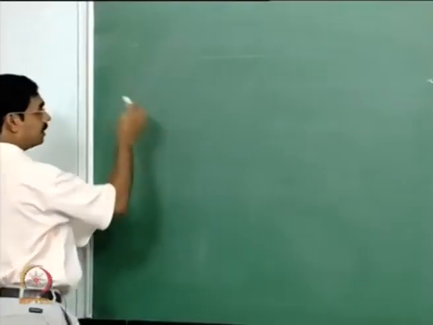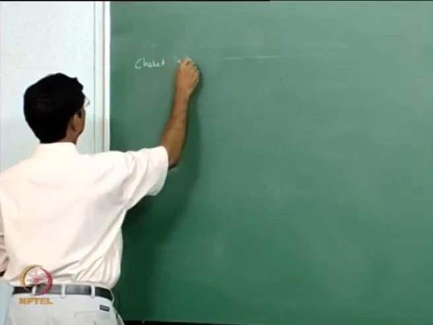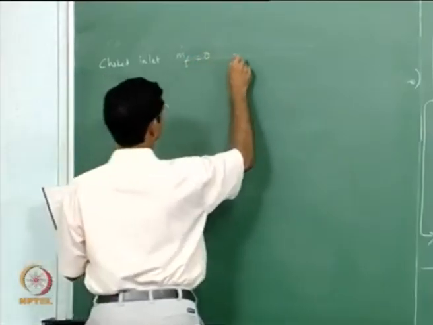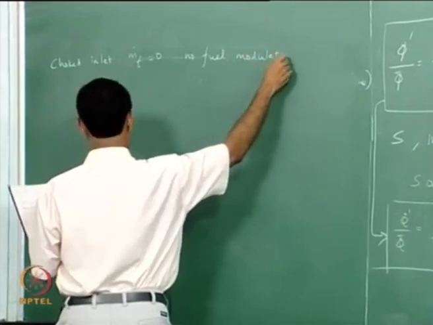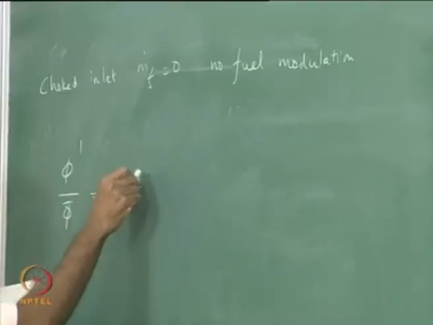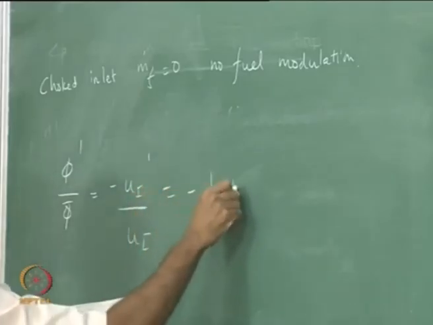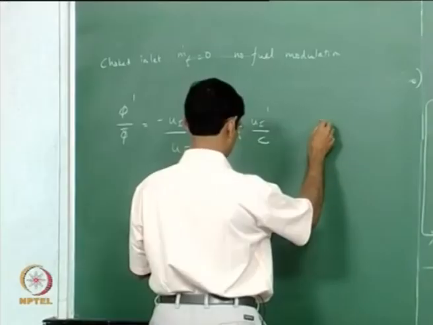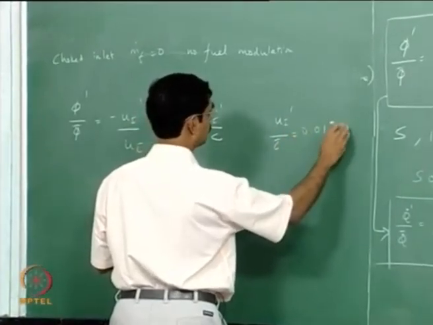We look at a choked inlet where there is no fuel flow fluctuations. This is an example given in Loewen's thesis. So no fuel modulation, phi prime by phi bar equal to, so let us look at how these numbers are for a